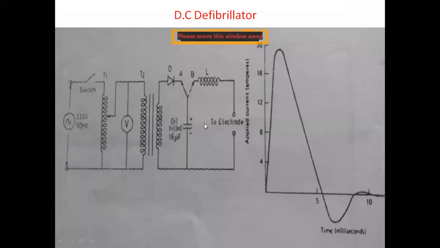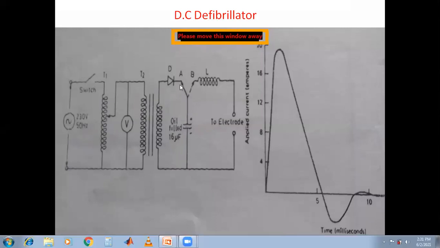Okay, so now I have to apply the pulse, or shock voltage, to the patient. In such a situation we will disconnect this switch from A, and it will connect to the inductor L. That is, the switch is connected to point B. Okay. Now what happens when the switch is suddenly connected to point B? Then the current will flow through this inductor and reach the electrodes. So due to that, there is a sudden